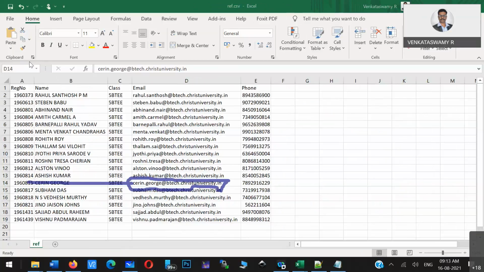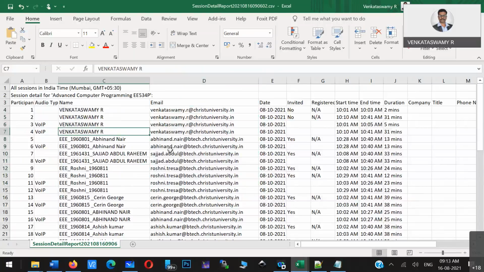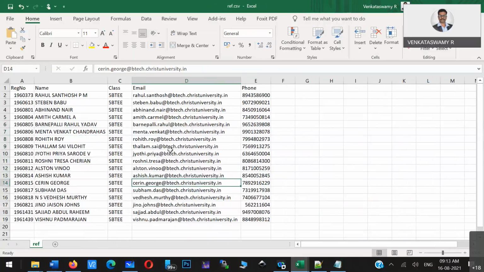You understood the logic. The problem is to find the register number of absentees. That is the problem we are defining. And what kind of logic will we use? We know the format of the report, and we have a reference list. Then, as you said, we compare one by one.